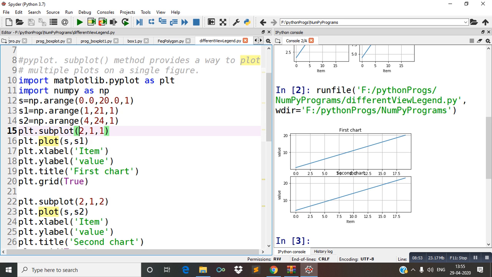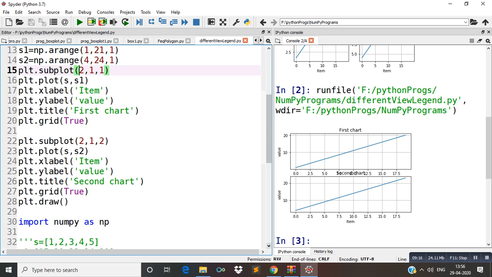And here plt.grid is True. Grid is for the grid lines which you are getting. Now for the second plot, subplot 2 comma 1, plot S comma S2, xlabel, ylabel, title, grid, and finally we can write the draw method. Okay, so when I execute this we can find this output, and if I change